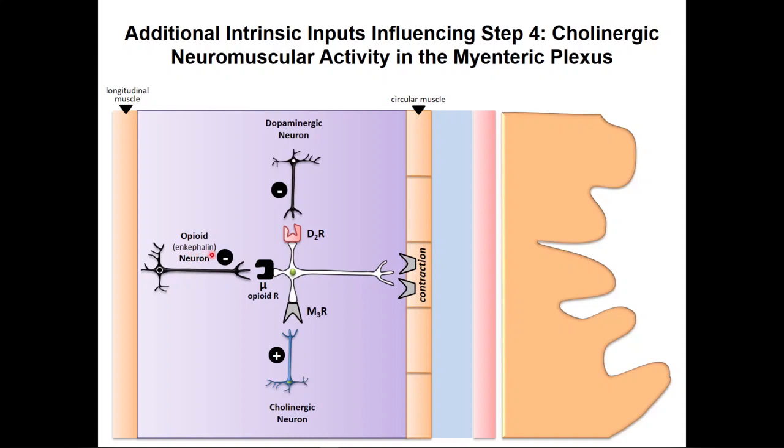So what I want you to understand from this is that this negative means it's inhibiting this neuron. That negative there means that neuron is inhibiting the cholinergic neuron, and it does that through releasing natural enkephalins. And when they bind to their opioid receptor, one of them is the mu opioid receptor, which is pretty common,